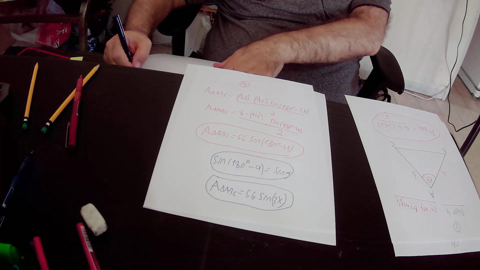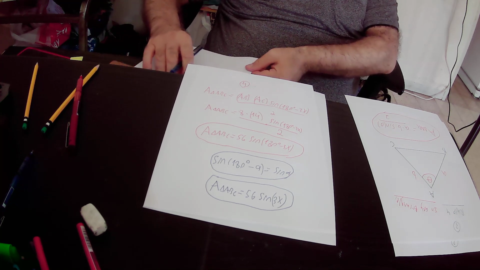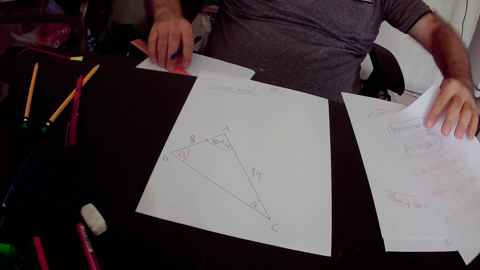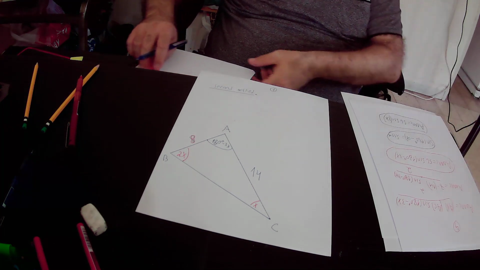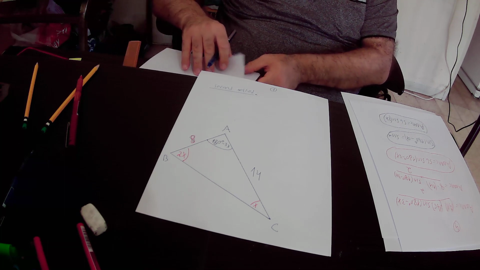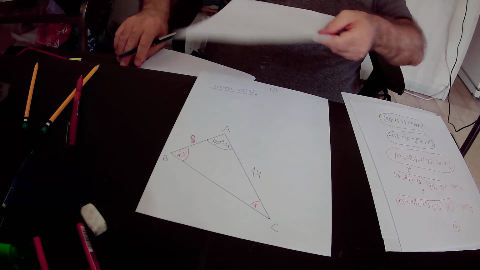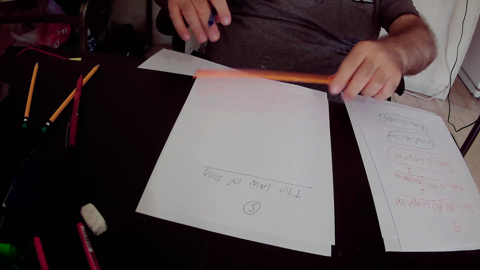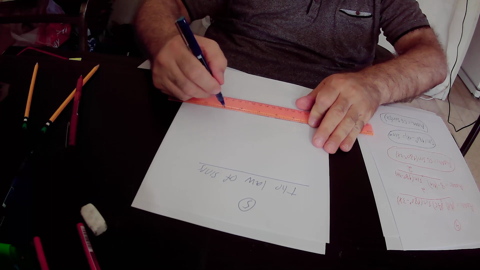According to the law of sines, in any triangle, we can implement the law of sines in any triangle. So if we have triangle ABC, that can be any other triangle, not necessarily our triangle ABC, but any other triangle,